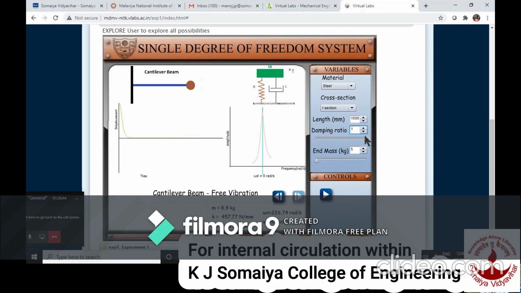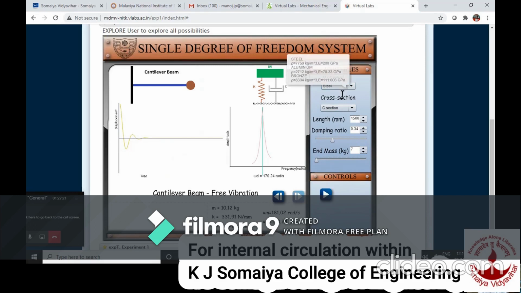Whereas if you see when it is undamped, that is zeta is equal to 0, the damped frequency and natural frequency are matching. Whereas as the damping comes into the picture, the damped frequency continuously goes on changing. And if I make any modification in the setting, the values here are going to change. If I increase mass, the equivalent mass is going to change. If I change the cross section, the stiffness and the different values are going to change. So this is what is going to happen.